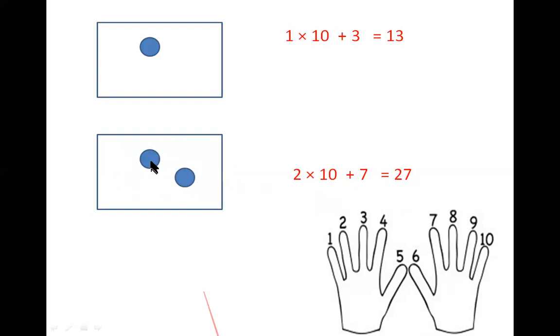2 stones, and you are adding a stone each time you use up all the fingers. Every time you use all the fingers from 1 to 10, you add 1 stone into the box. That is how you can reuse all the fingers. When I ask you the count at that time, how many stones are there in the box? 2 stones, and you are on which finger? 7. Now let's see, what is the total count?